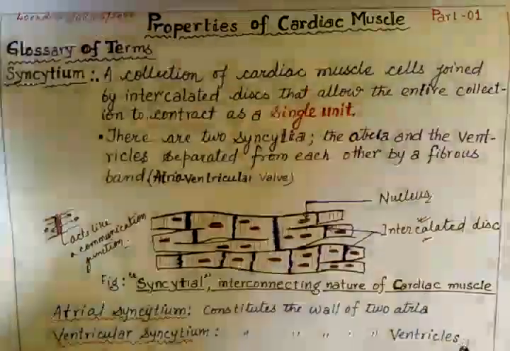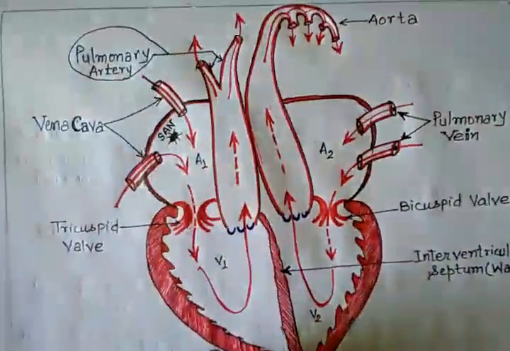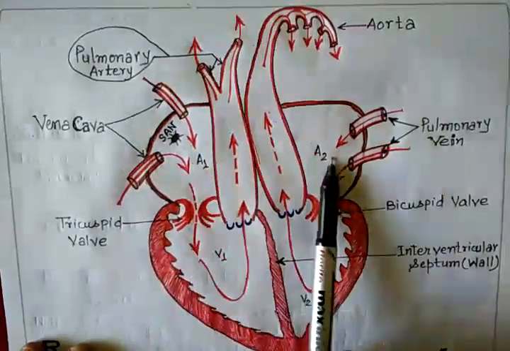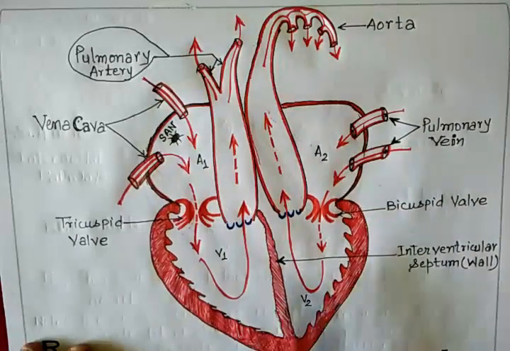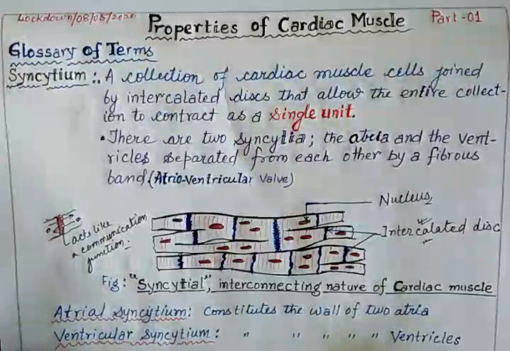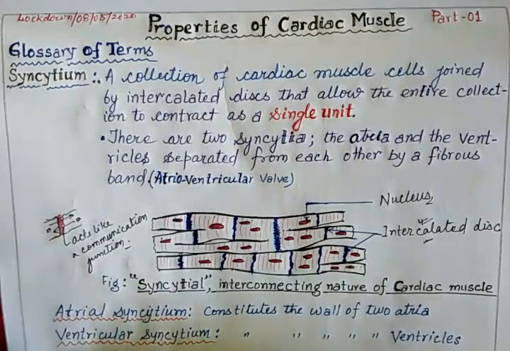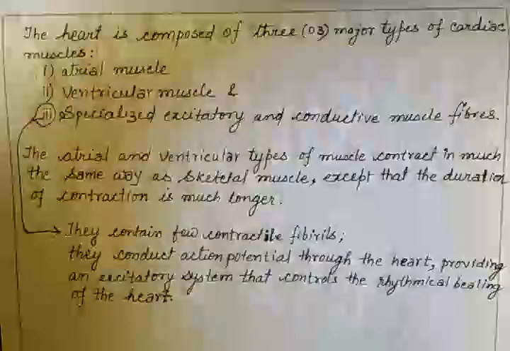So you can see here in this diagram, there are two auricles, there are two walls of the auricles, and there are two ventricles, one ventricle, second ventricle, isn't it? So there are the two walls of the ventricles. So that is written about this. We will discuss the structure in the next part. Here we have to read about the properties of the cardiac muscle first, so that we can understand the heart in a better way.